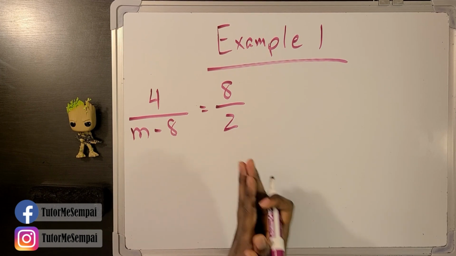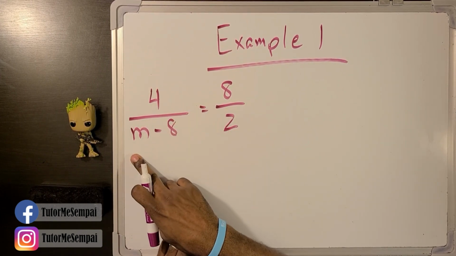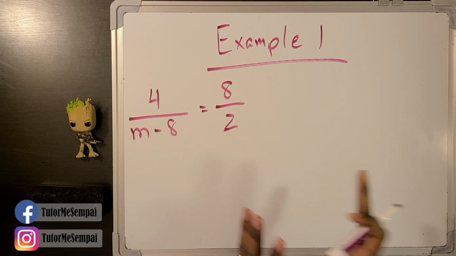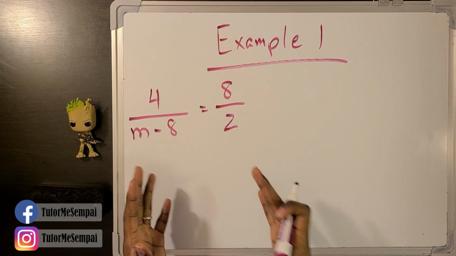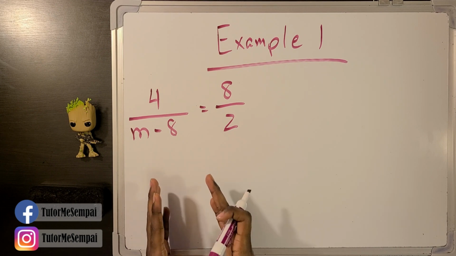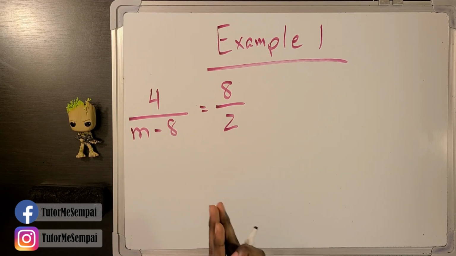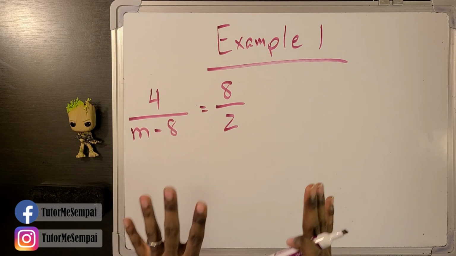So this is going to be our first example for today: 4 over m minus 8 equals 8 over 2. Now, you don't even need to do what we're going to do in just a moment. You can probably eyeball this and tell me what m equals in order for this to be true. However, let's do the steps just to make sure we know how to solve them